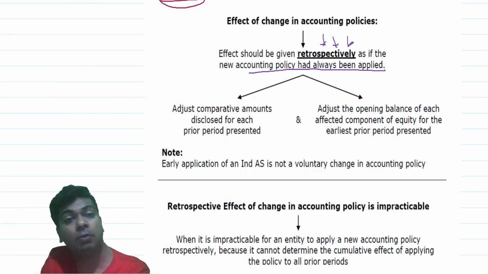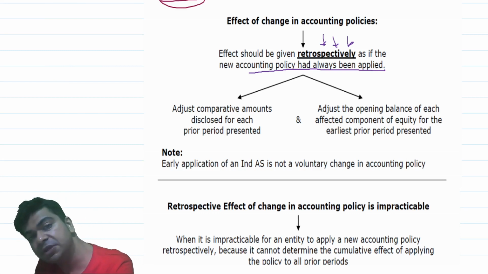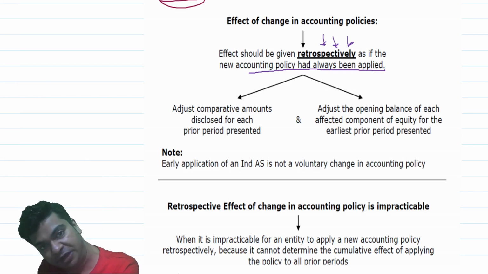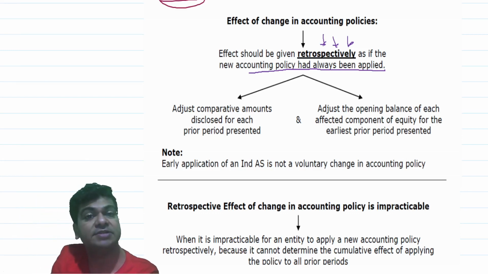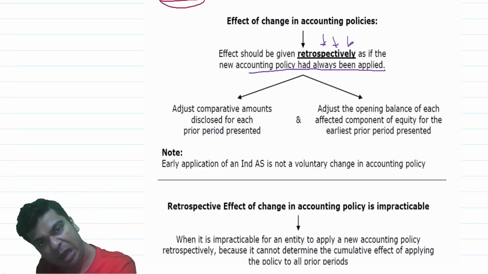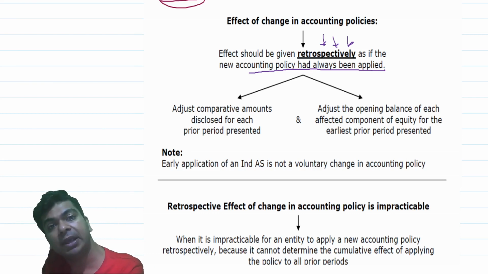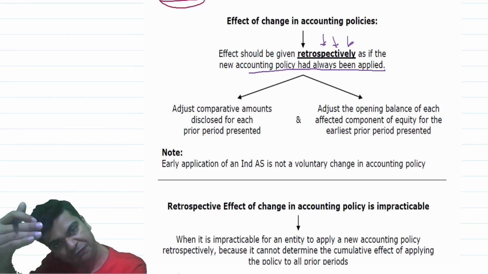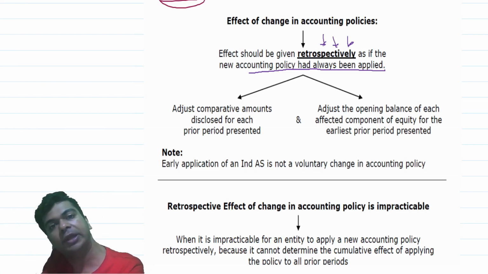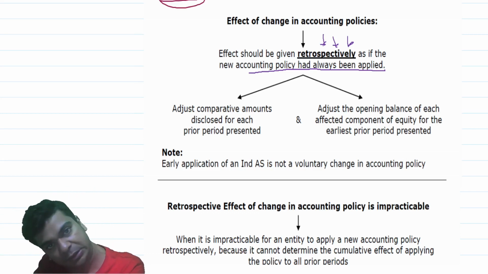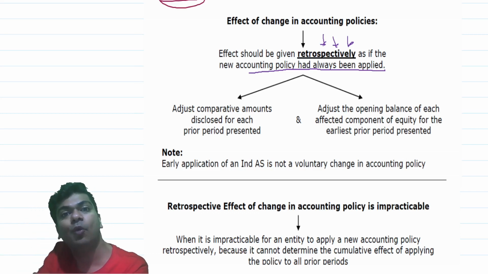Let us assume for a moment that this company was formed 5 years ago. You have been doing inventory valuation since last 5 years as per FIFO basis. You are now saying I will follow the weighted average method. Okay. Right from the very beginning, that is 5 years ago, if you are following the weighted average method, then what would have been the value of your inventory?